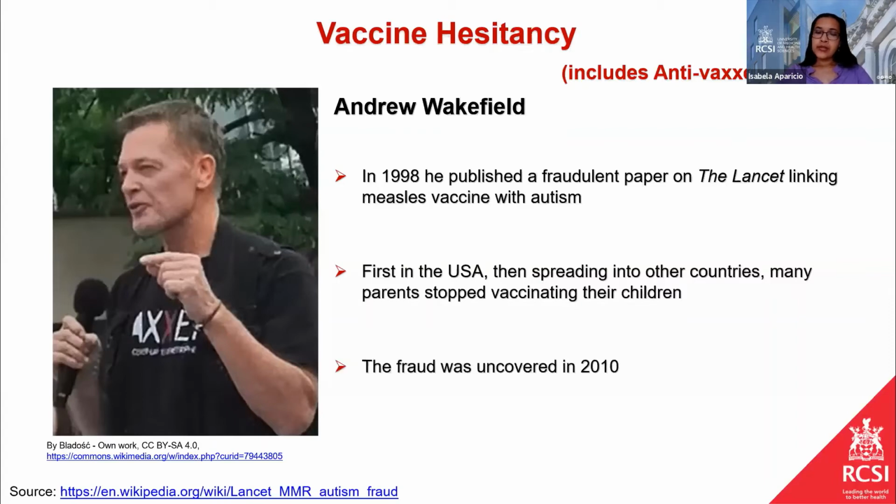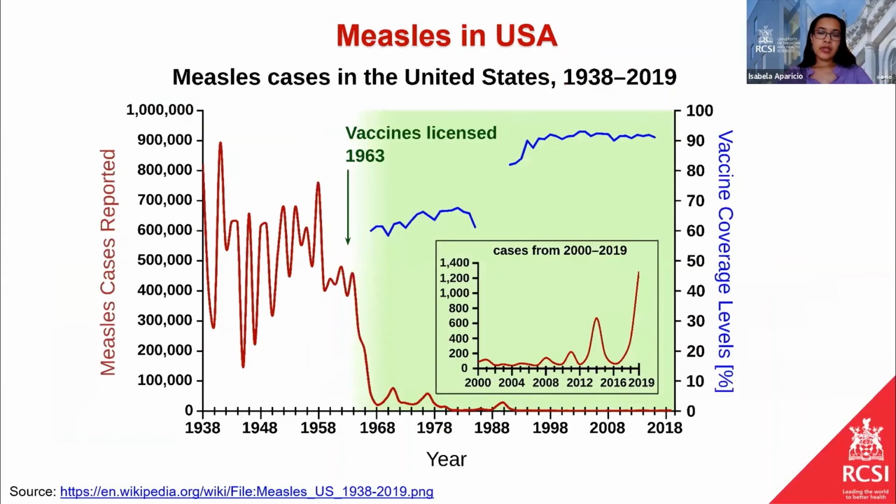Now, 12 years later, the fraud was fully uncovered, the paper was retracted, this man lost his medical registration and everything, but by then, damage was already done. So this graph here shows us the effect of the vaccines campaign. So this is particularly the measles vaccine. So that's in the US, so they started vaccinating children at around the 60s. And as you can see, there was a dramatic drop in the number of cases in just a few years,